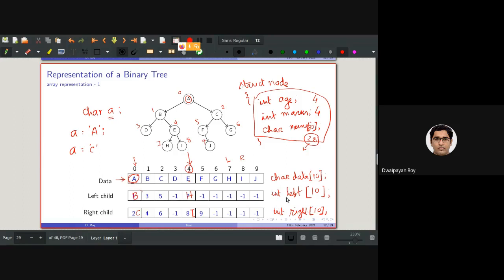But if we do not want to store the index, and instead want to store the data itself, this should be changed into character, not integer. Again, this should be changed into character, not integer. Now, if the data type is changed from character to this struct node, then we need to store node data 10.